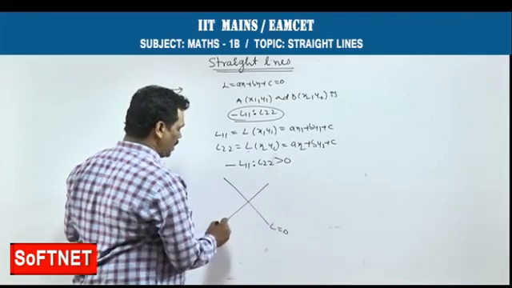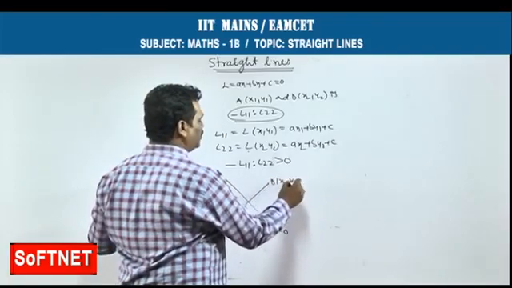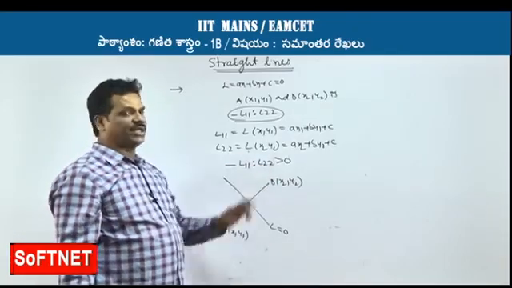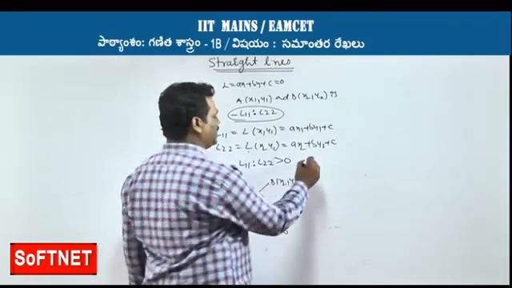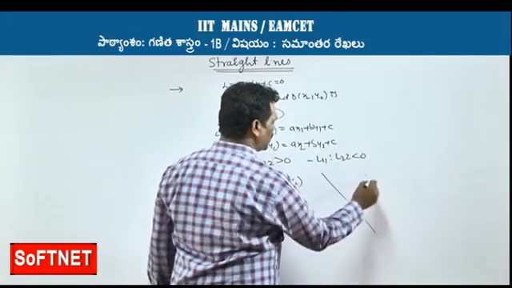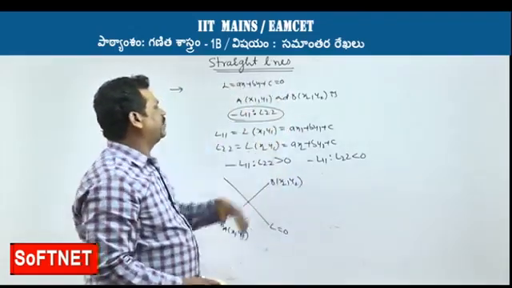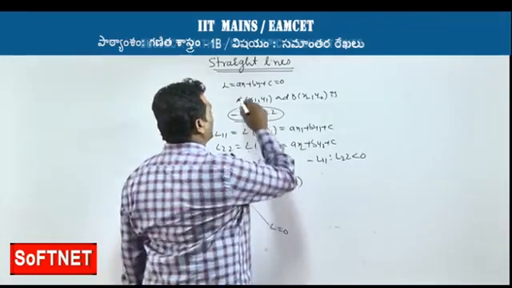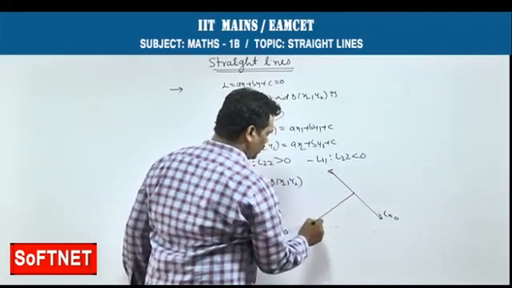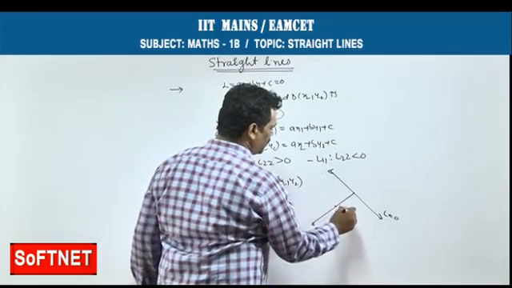This is the line L equal to 0, with A of x1 y1 and B of x2 y2 on opposite sides, when minus L11 is to L22 is greater than 0. If the ratio minus L11 is to L22 is less than 0, then the points A and B lie on the same side of the line L equal to 0. This is the line L equal to 0, with A of x1 y1 and B of x2 y2.